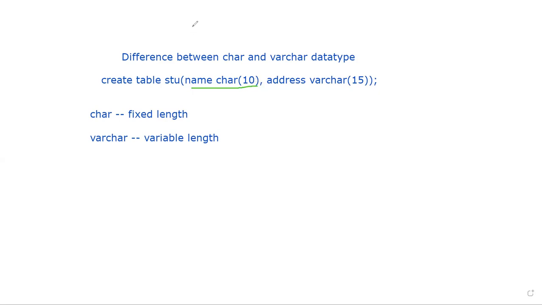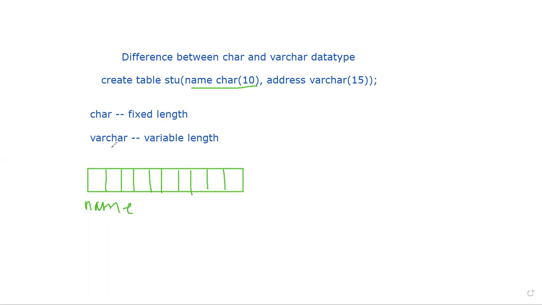Therefore 10 bytes of memory will be reserved for char. You can assume it is going to have 10 boxes, something like this. This is, for example, for name.